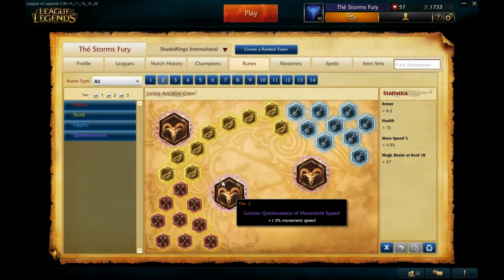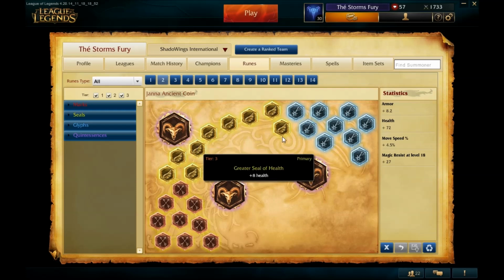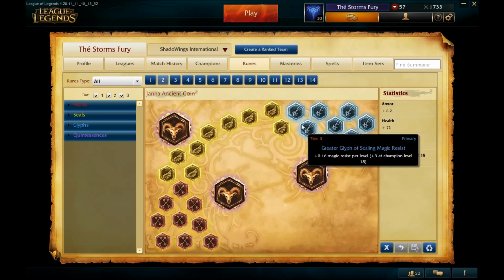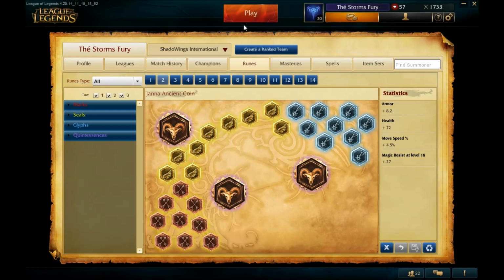Like I said, movement speed quints for Janna. It doesn't depend on what you're buying. Flat armor marks, flat health seals, and magic resistance glyphs per level, since you won't get a lot of AP damage in lane phase in most matchups. If you choose the AP way, I recommend